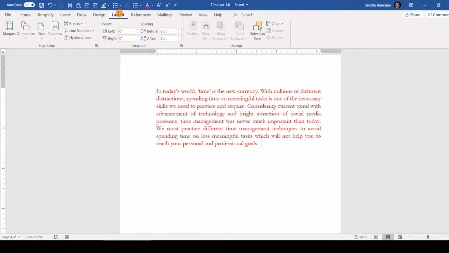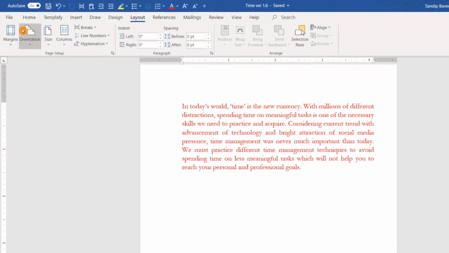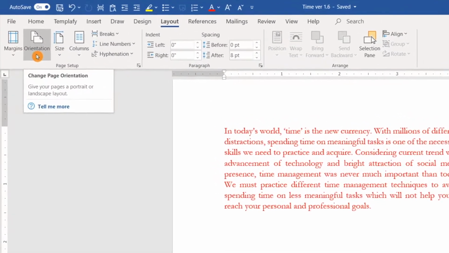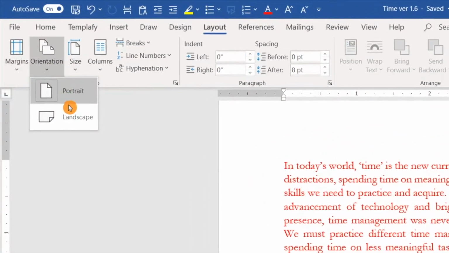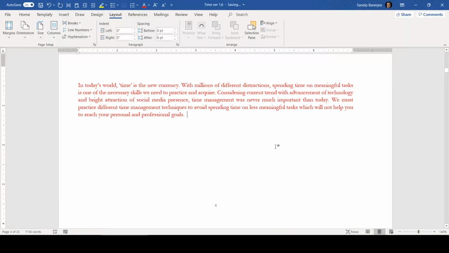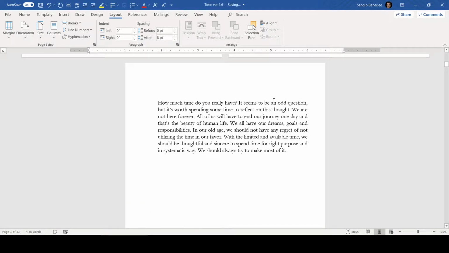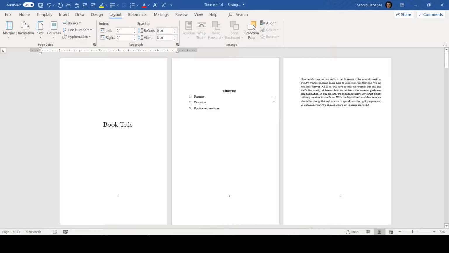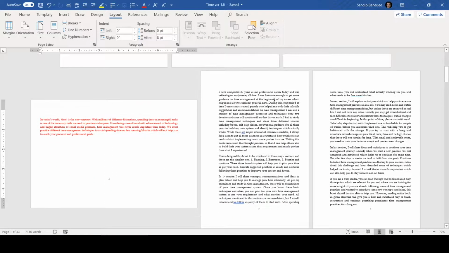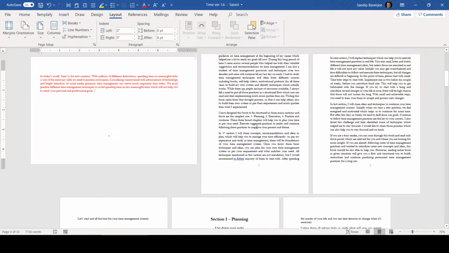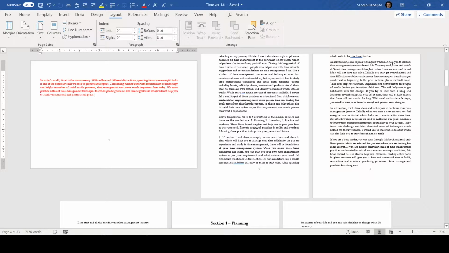Now if I go back to this layout menu and go to this orientation and click on this particular little drop down and select landscape, only this page will become landscape. And if I scroll up, you will be able to see other pages are in portrait. So let me just zoom out a bit so that you can see what I'm talking about. You can see all pages are in portrait and only one particular page is in landscape. So this is the way you can do it. If you want to use this particular feature, hopefully this will also help you to enrich your experience.